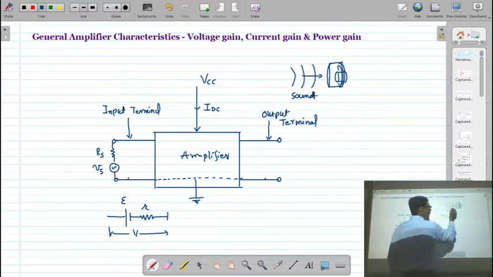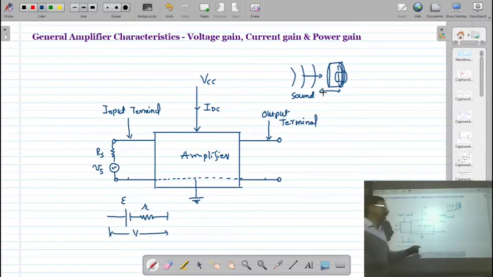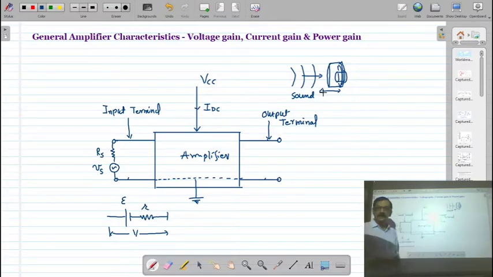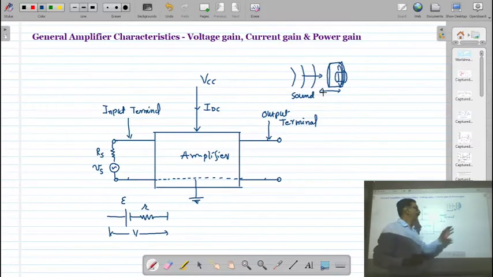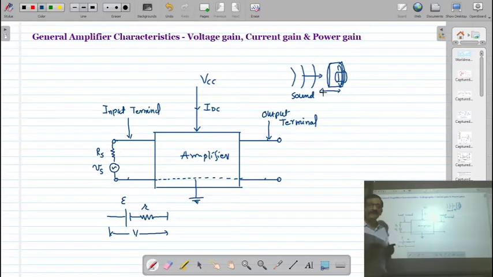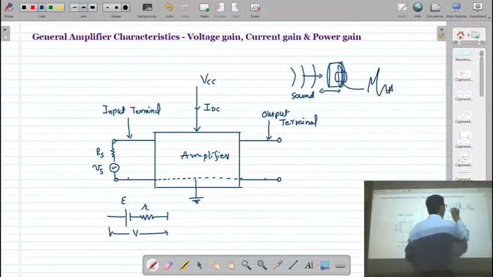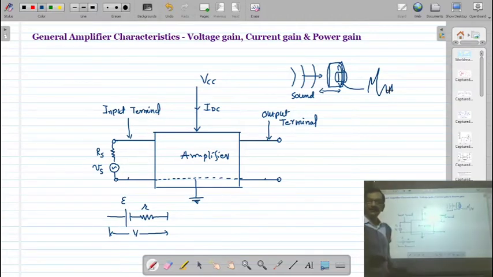Already you know. So due to this, what will happen? This diaphragm will move inside and it will come outside. As a result, whatever coil is attached with the diaphragm or the core is also moving inside and outside of this permanent magnet. Due to that, there will be a change in the magnetic flux, and this magnetic flux is going to induce an EMF, and that EMF is like this, correct? That depends on the intensity of the sound.